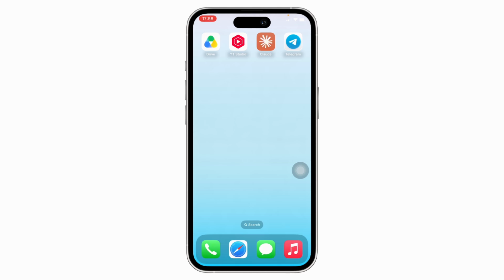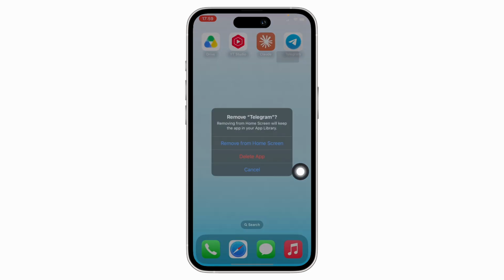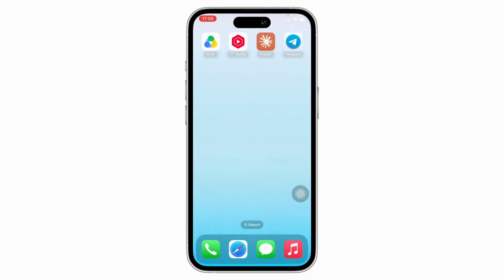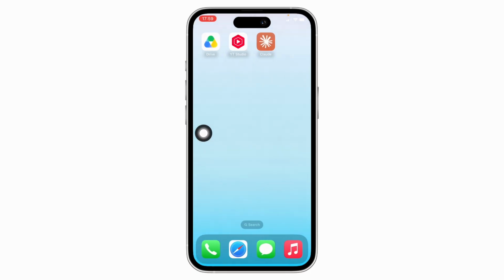and navigate to the Telegram option and tap hold on it. You will see the option for remove app. Tap on it and then tap on the delete app option. Delete the Telegram application completely and then reinstall the app again from your app store, and by now your issue should have been fixed. If not, then it simply could be that the Telegram server is down, so you can